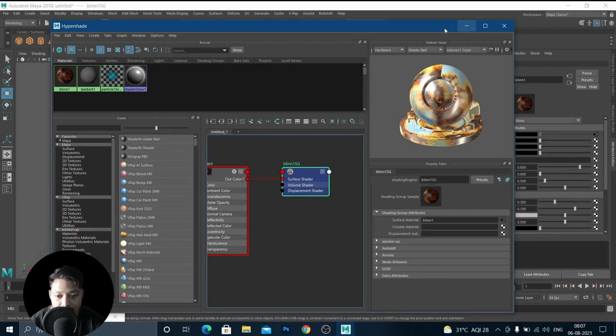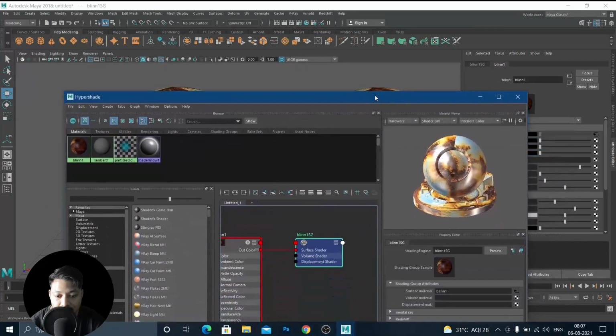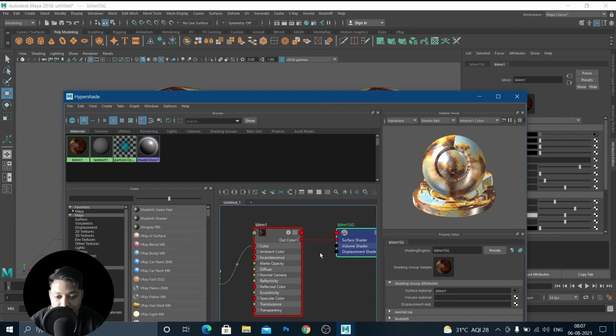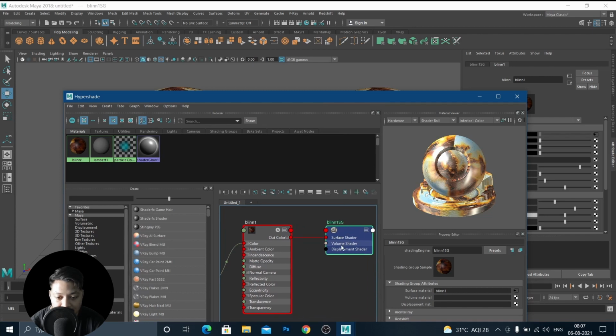This is the polygon itself. Here in the surface shader, the blend is connected, and the blend is reflecting on this thing. This is the polygon's main node. Volume shader, its volume is fog thing, and displacement shader,